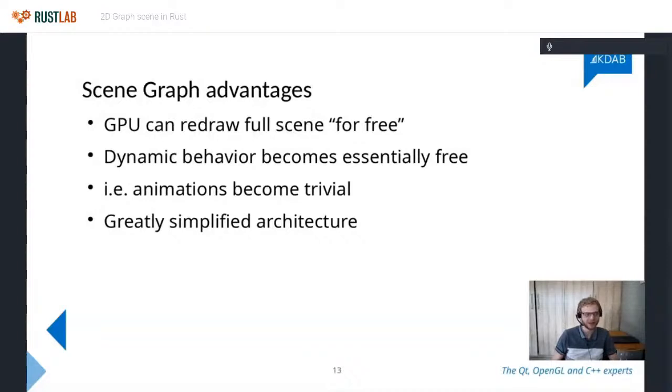Obviously within limits, like if your UI becomes too complicated, then it won't happen. But for now, let's just assume that it is powerful enough to redraw everything for free the whole time. And the advantage of this is that when you have a dynamic GUI, when you want to have stuff like animations, you can get them basically for free because your whole system is designed to redraw everything every frame. So animations aren't the problem.